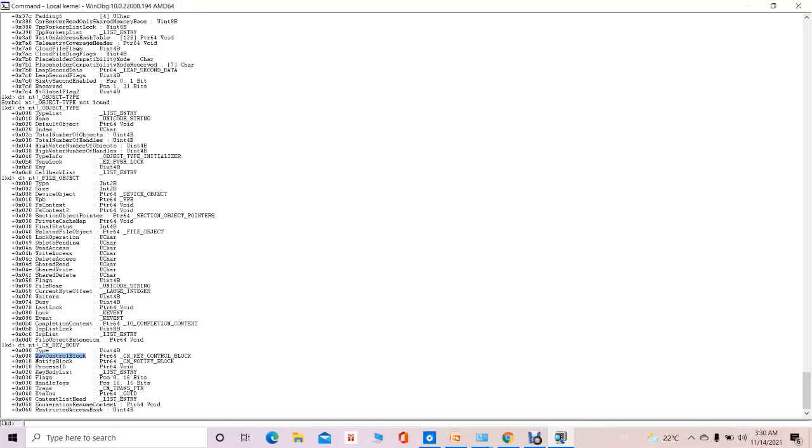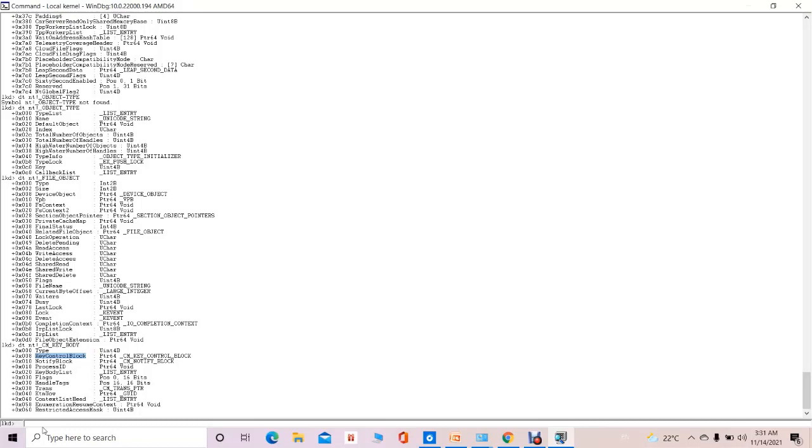By using the key control block, we can access the time at which a particular registry key was referred, and how many times it has been referred by a running process. That is what we can access by using this particular field.